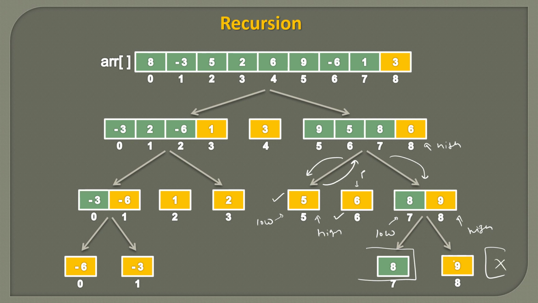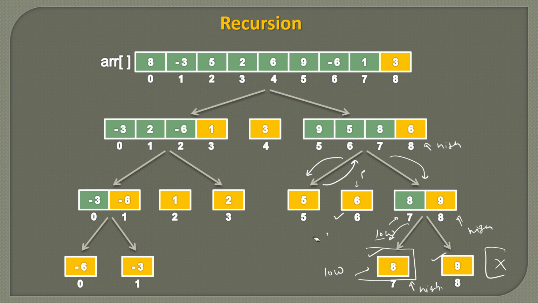So after the partition, at whichever position the pivot lies, this is the properly sorted position for element 9, and we are left with only one element. So we first go on the left side like this. We take from low to p minus 1, because if we do p minus 1, we'll get the left side range. So this will become our new high, and as this is the only element left, low is equal to high, so we can't divide or partition this piece of sub array further. So 8 will be also at its correct position like this.